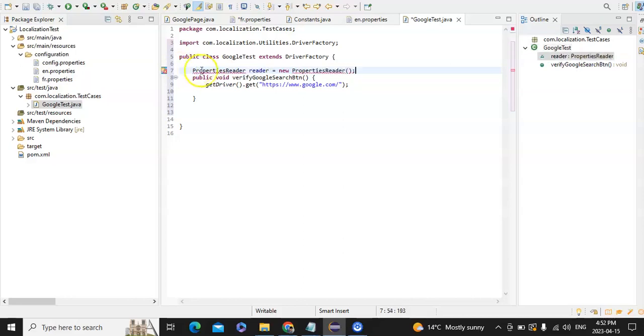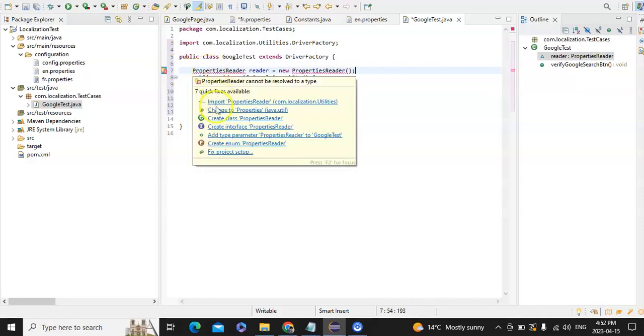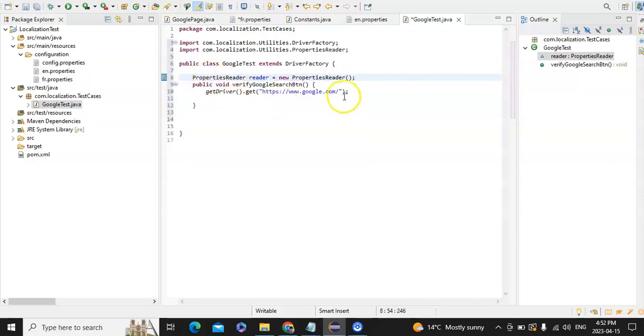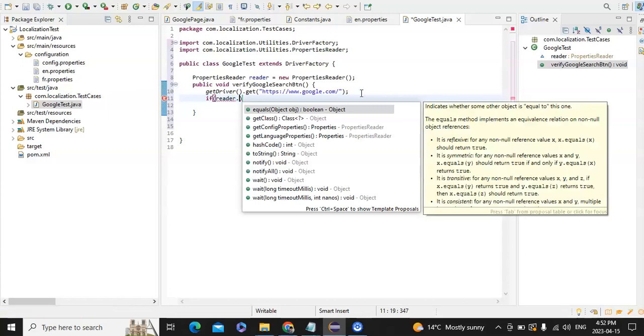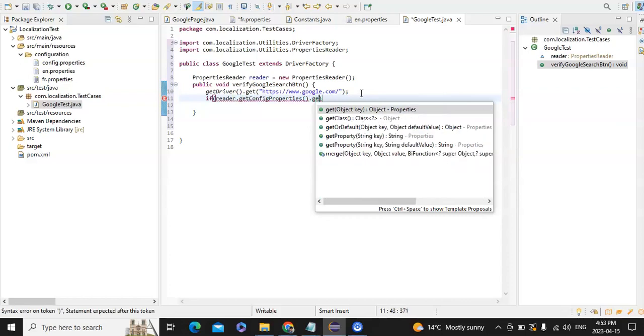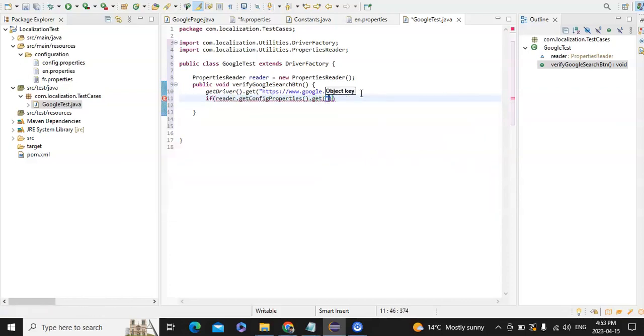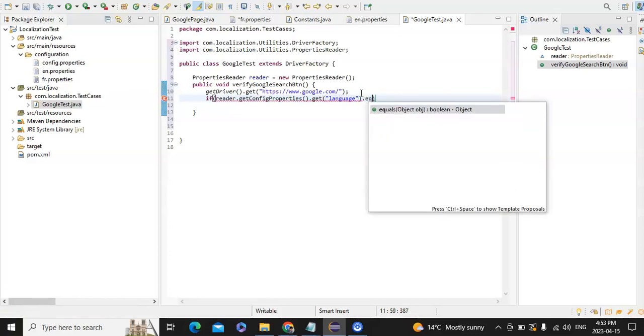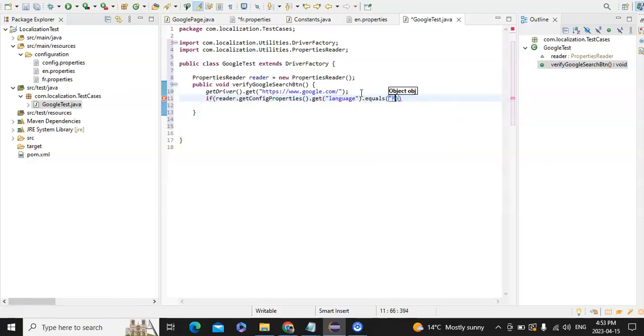Okay, and I'll import this class. So here give an if condition. If reader dot get config properties dot get the language dot equals, if it is fr, so what it will do,